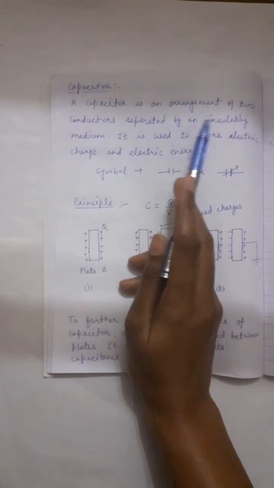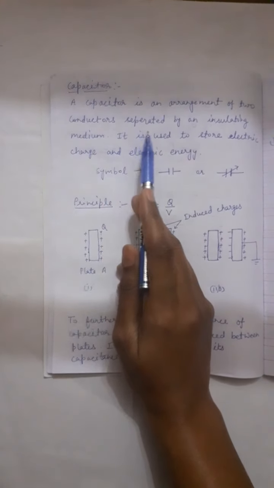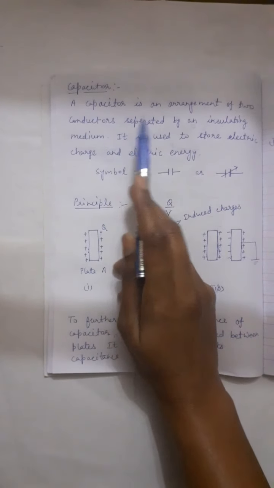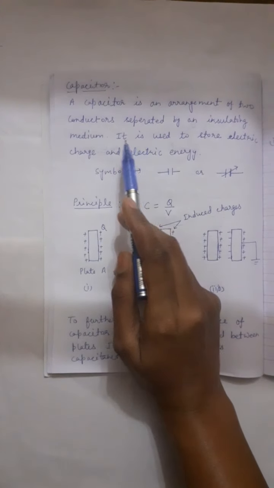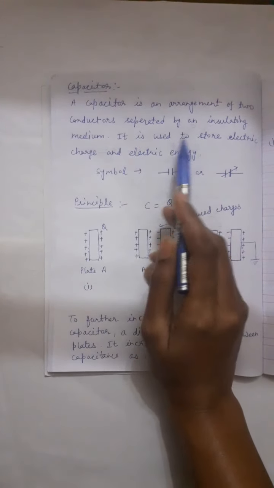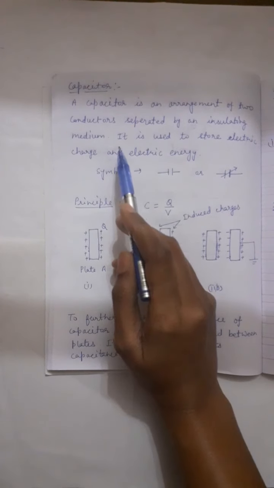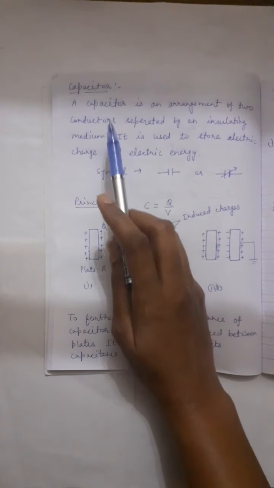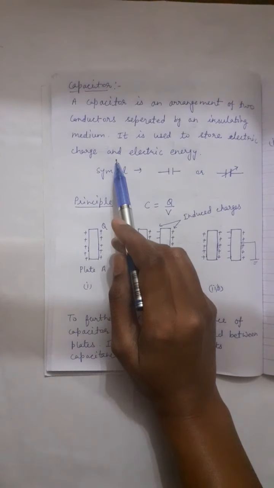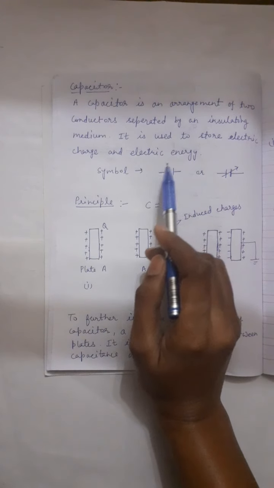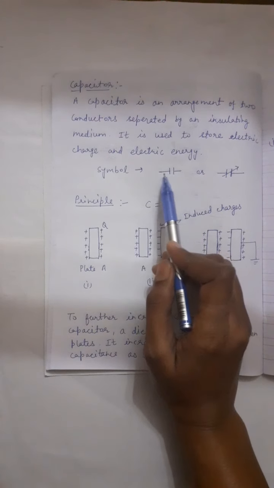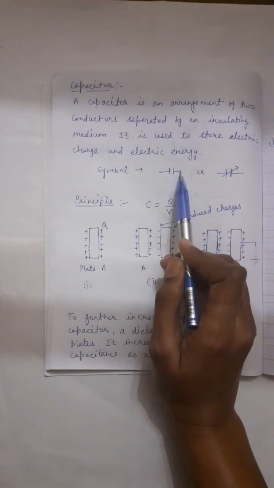A capacitor is an arrangement of two conductors separated by an insulating medium. So in the capacitor there are two conductors, and they are separated by a finite distance that can be filled by a medium. This arrangement is called the capacitor, and it is used to store electric charge and electrical energy. The symbol of a capacitor is two parallel lines with two terminals,